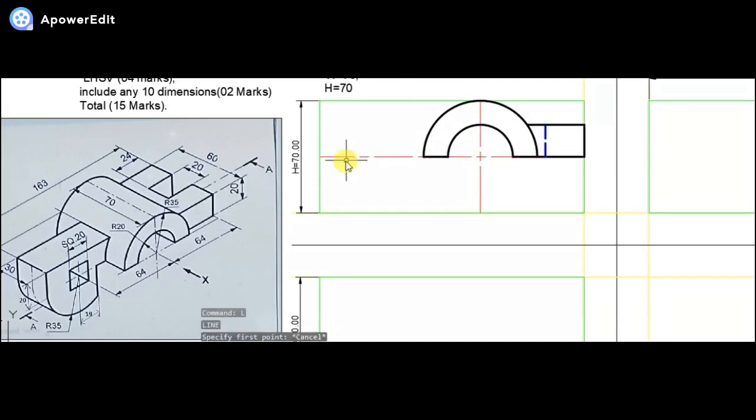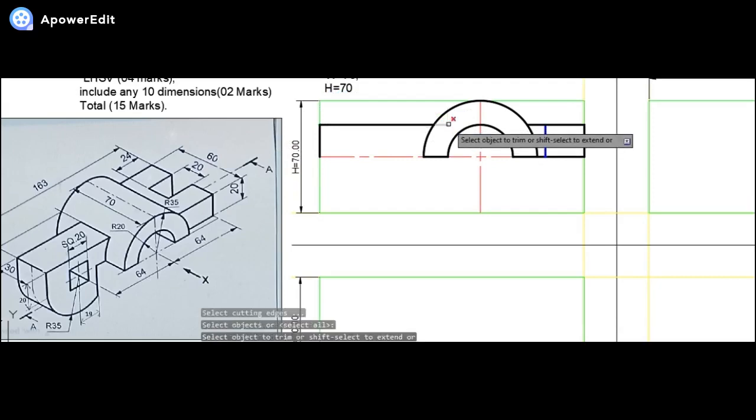So now what do I do? I will first draw a line at a distance of 20 mm straight up from here. It will be drawn at 20 mm like this. Now once we are done with this part, what do we do?